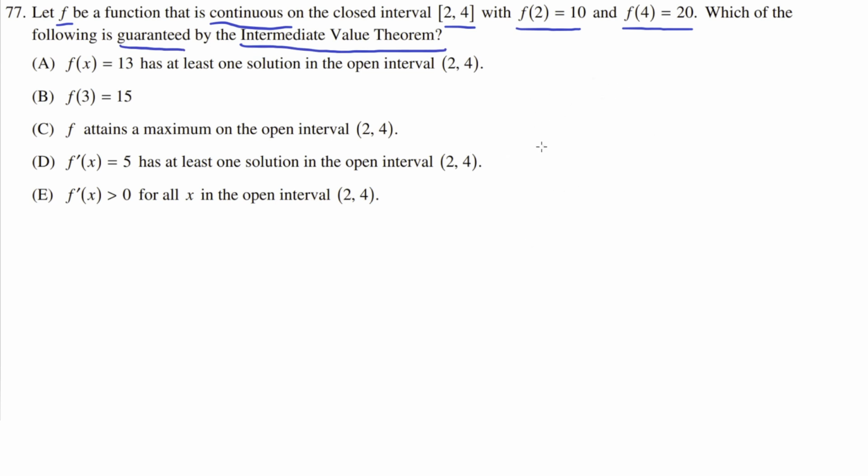So let's draw a little plot of what's happening. We'll have x, the x-axis, and y here. So we have the point (2, 10): an x value of 2 and a y value of 10. And at an x value of 4, we have a y value of 20. On this region, we need to find out which one of these statements is guaranteed by the intermediate value